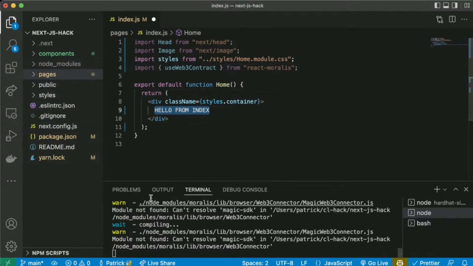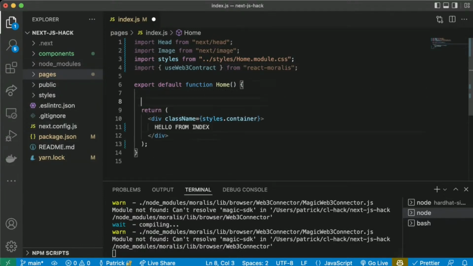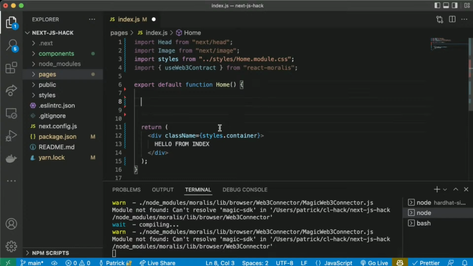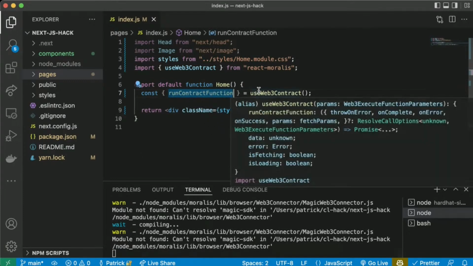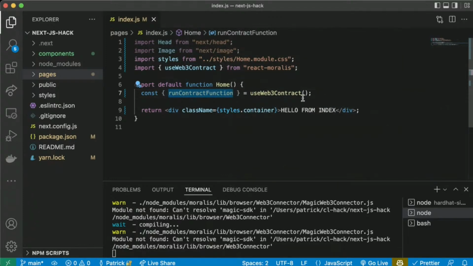So outside of the return function, we're going to say const runContractFunction equals useWeb3Contract. And just by doing this, we now can run contract functions using Moralis really easily.